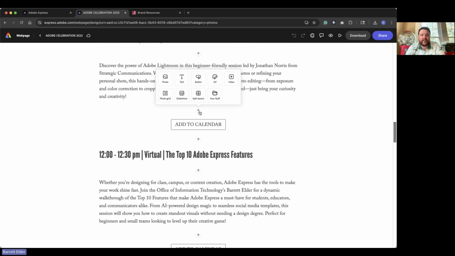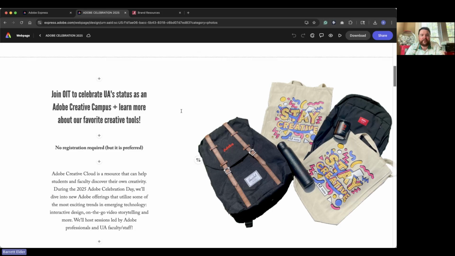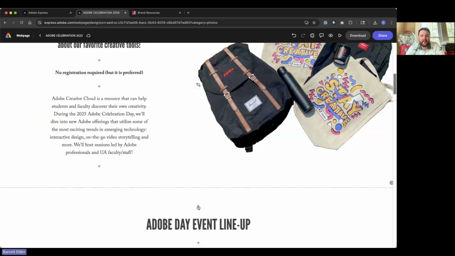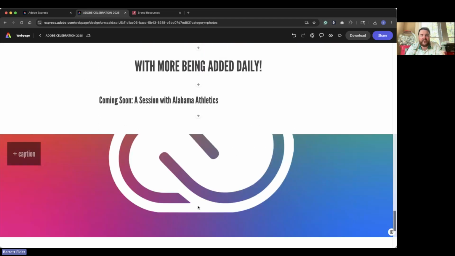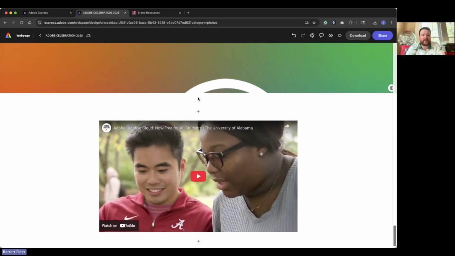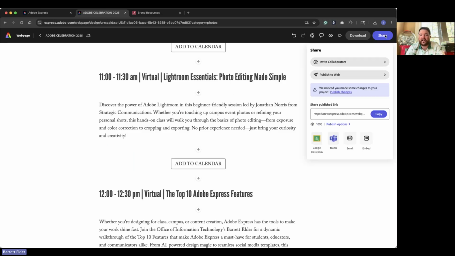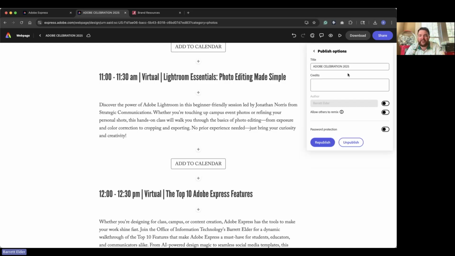All you have to do, if I wanted to add more, I could pick a photo or a text or a button, anything I need. You can see up here, I have a split layout, and I could flip that if I wanted to. I can go back here. And anything I need to add, I can go ahead and add it right here and create a web page immediately. As soon as I'm done creating it, all I have to do is click share and then publish to web. It knows that I've made changes, so I could go ahead and click publish changes. I'm not going to because I don't know what all have changed. But all you have to do is click publish to web, and then right here it would say publish instead of